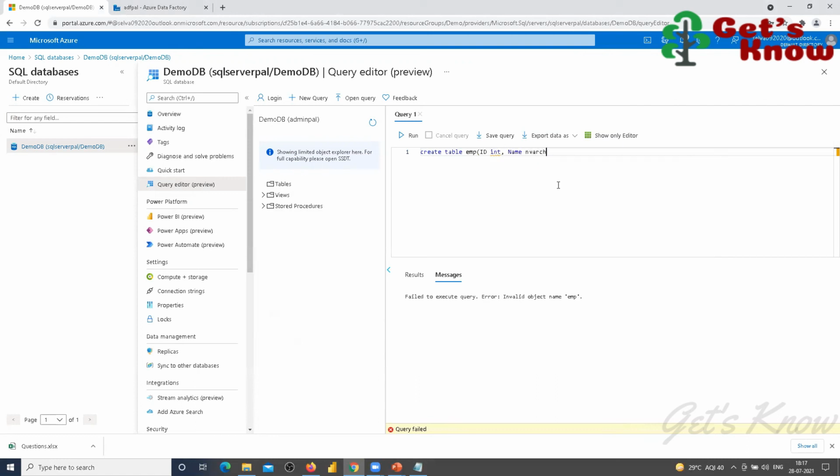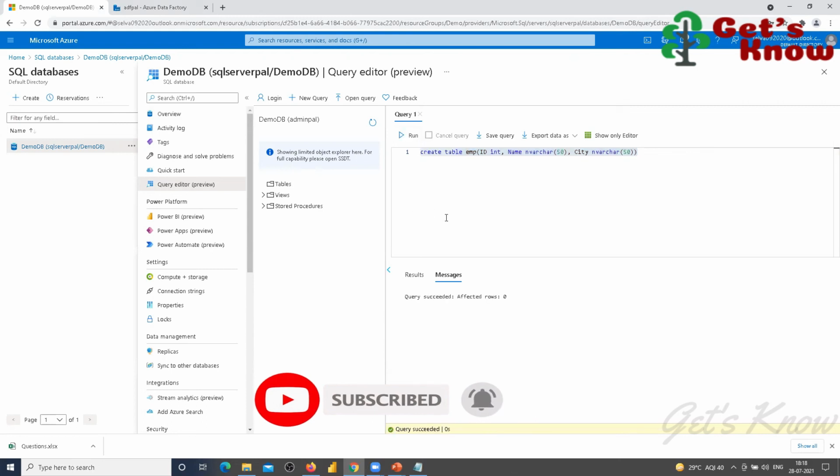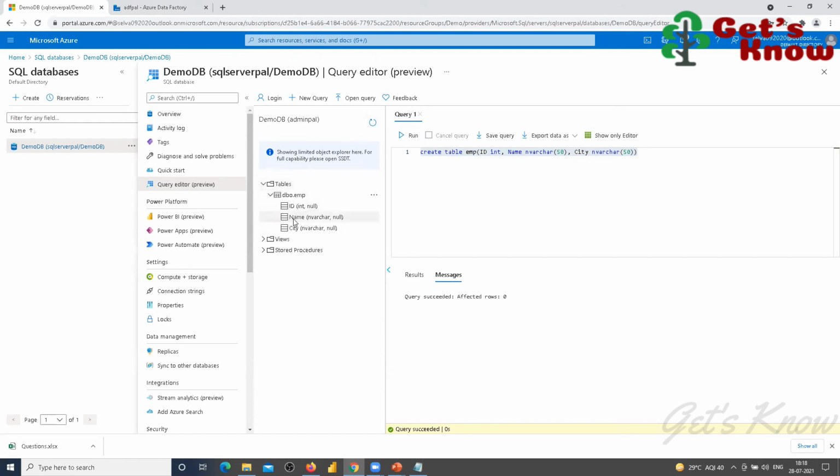Name is going to be nvarchar, and city is also going to be nvarchar. Fine, then run it. Now I'm refreshing, and yes, it's available with ID, name, city. That's fine. So now we have the SQL table.